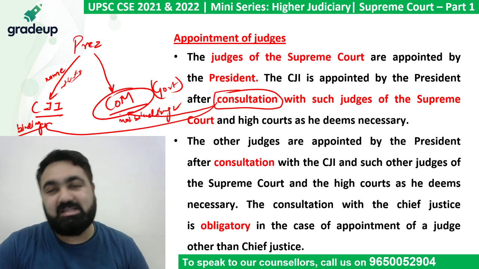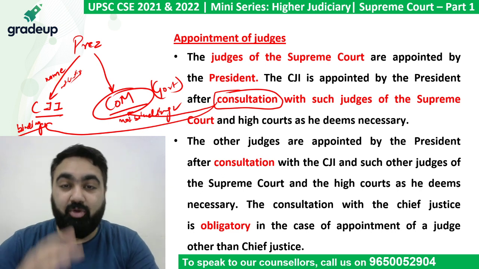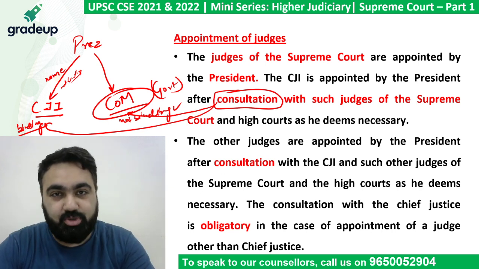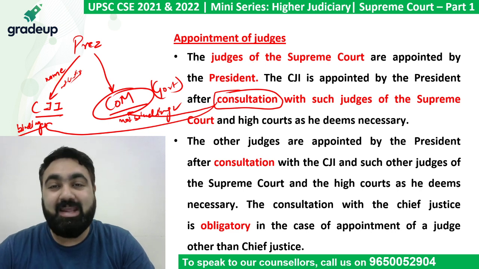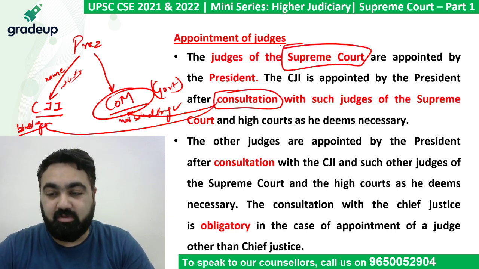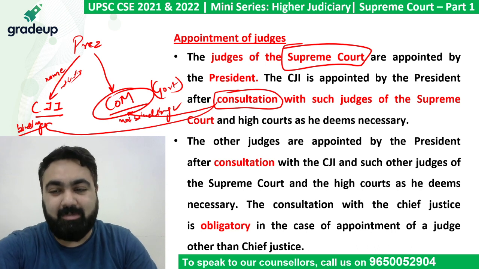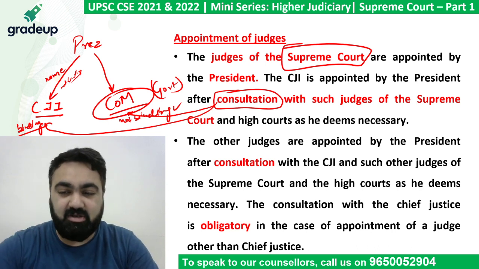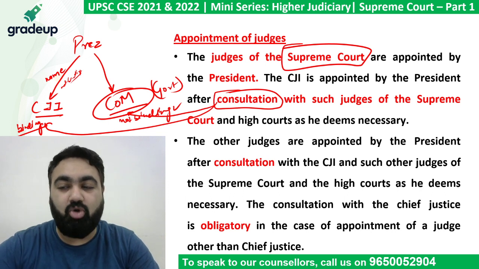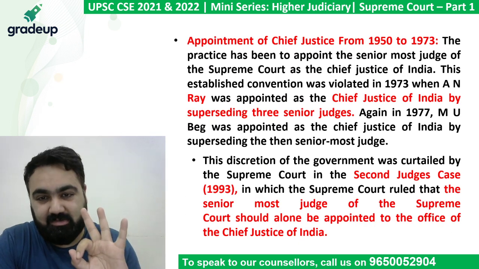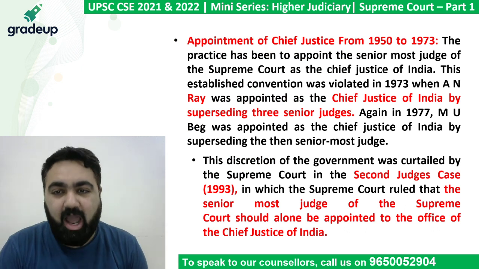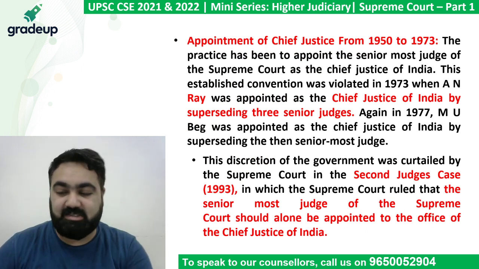Now, when such a controversy comes up that you have to interpret something that is written in the Constitution, who interprets it? The responsibility of interpreting the Constitution, what is the meaning of some words in the Constitution, is with the Supreme Court only. So it is the Supreme Court only that had to decide what exactly is the meaning of the word consultation, so that the judges' appointment can go on properly. So what did the Supreme Court do? Supreme Court decided the meaning in 3 different cases. And these 3 cases together are called the 3 judges cases.